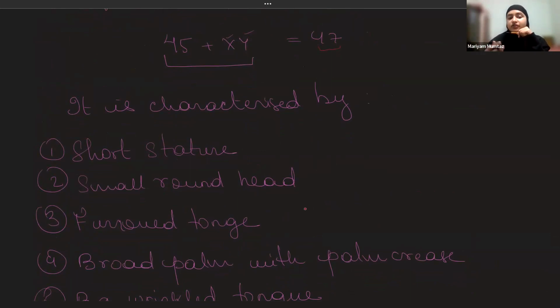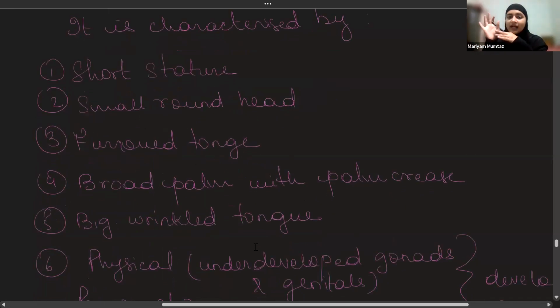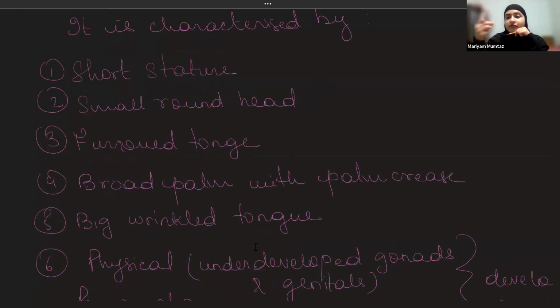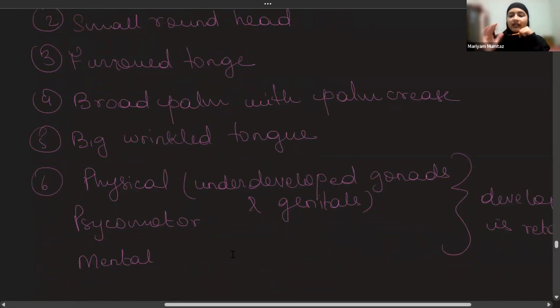So first of all, they have a short stature. Okay, they have a short build. They're not that tall or anything of that sort. Secondly, they have a small round head, smaller than usual. They have a furrowed tongue, and their palms, like how our palms have creases, theirs have much more than normal. Then they have a big wrinkled tongue,